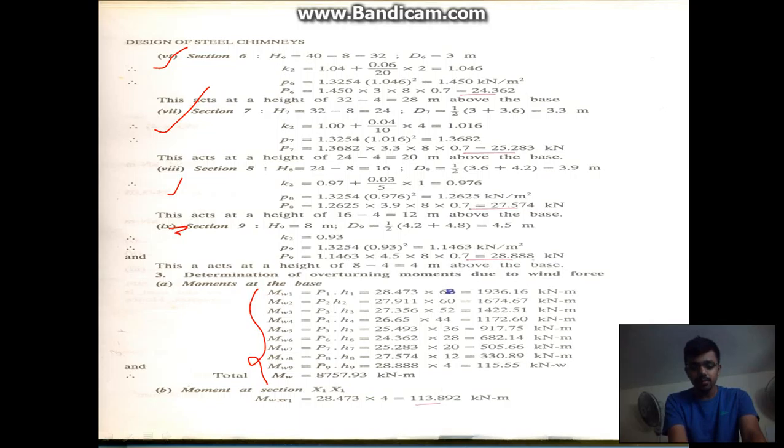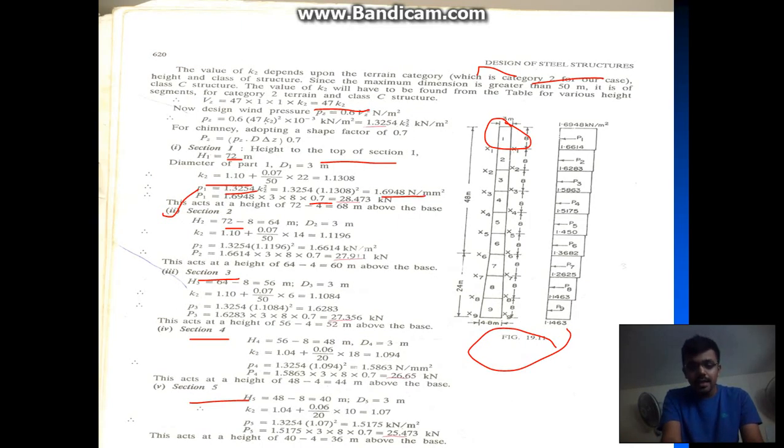of each and every point in terms of kilonewton meter: P1 H1, P2 H2, similarly. Now the most important thing is, if you look at here, at x1 and x2,